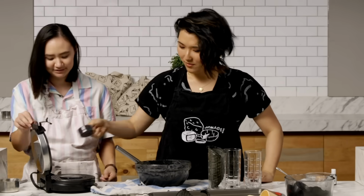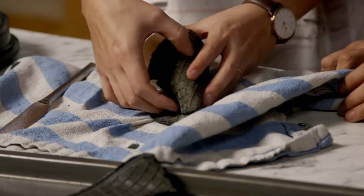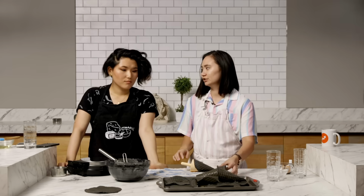Everything at the end of the day is just gonna be black. Oh God, it's so crispy, so fast. Okay, but better. Look at that. Less cook time, thin batter is better. Oh yeah, do you hear that? Oh, it's pretty good. So I think we're getting the hang of the crispy texture,